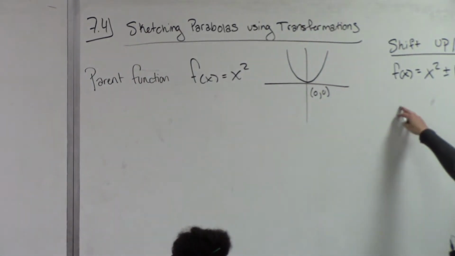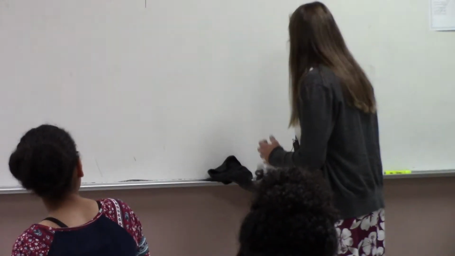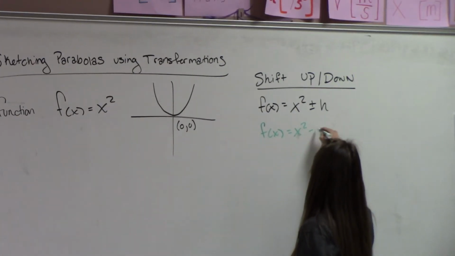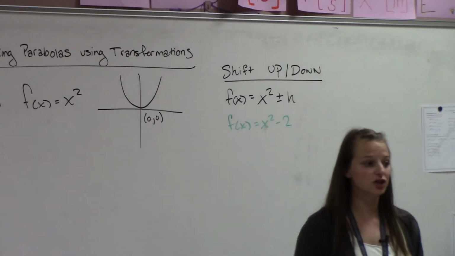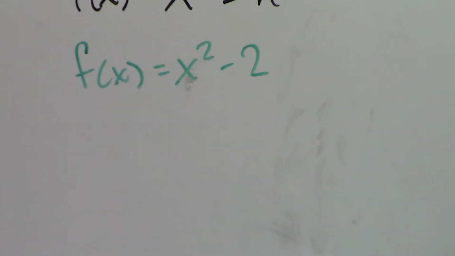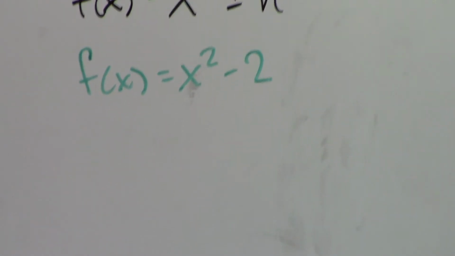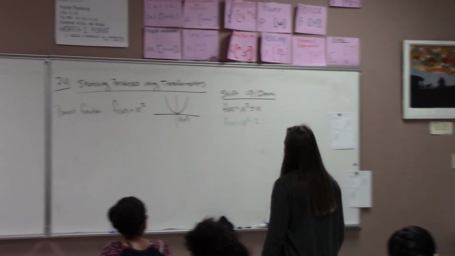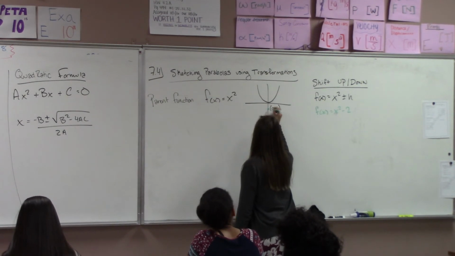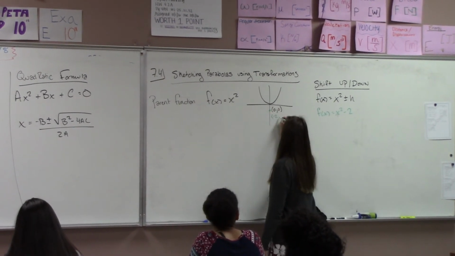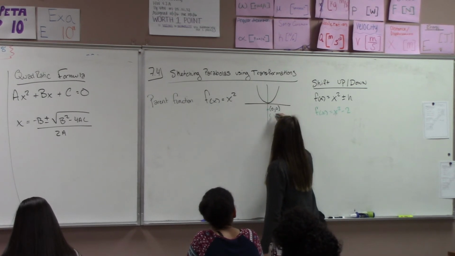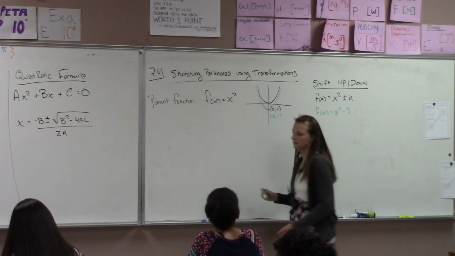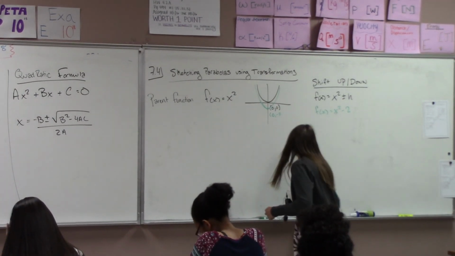So if I had f of x equals x squared, let's do an example. F of x is equal to x squared minus 2. How many units is it going to shift the function, and in what direction? So a 2-part answer. How many units in what direction? So how many units is it going to shift it, ladies and gentlemen? Down. Down 2. South. Sure, we could use south. So my new vertex would be at 0, -2, and the shape of the parabola is still similar. Cool. The next shift will be